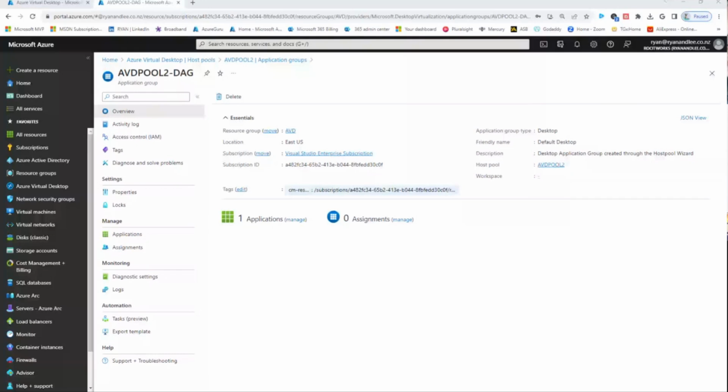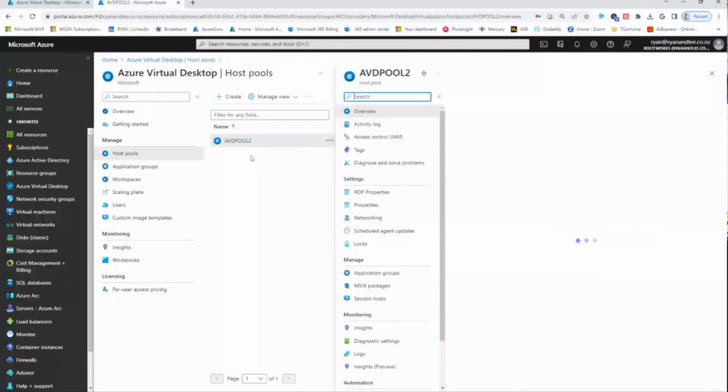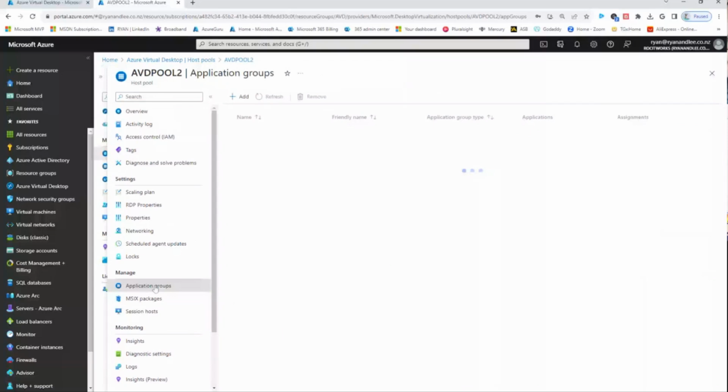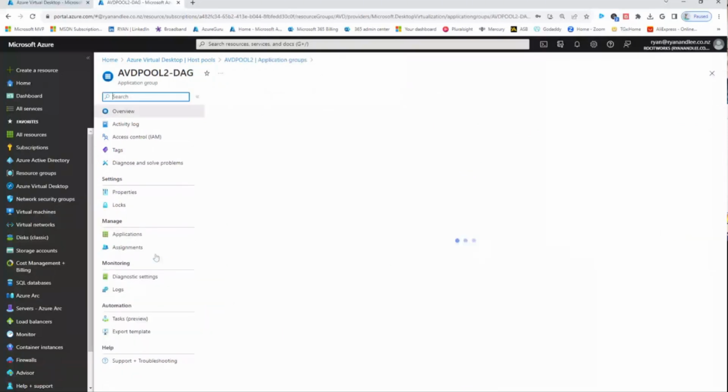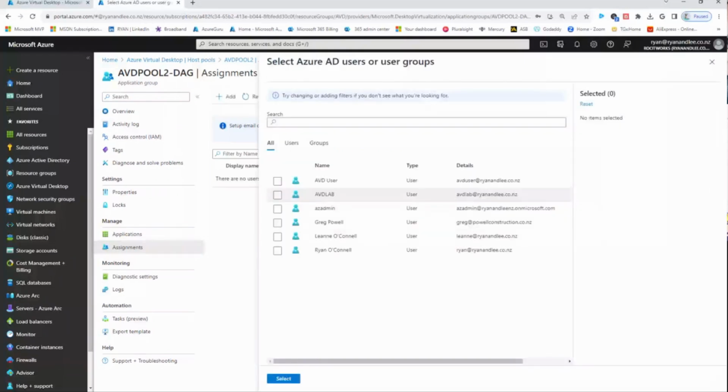So again, I'm in the DAG group. So watch what I'm doing, guys. I'll go back slowly. So click on your application, your host pool. We go to application groups, click on the DAG group and click assignments. Click add. Now, this is Active Directory, and we can go through our AD and we can go ahead and